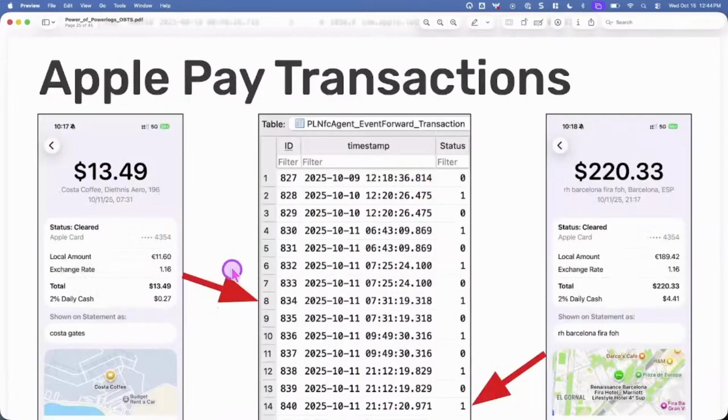All right, transactions. When you're traveling, and for some reason, I forgot my wallet on this trip. Turns out you don't really need it. I pay for everything with the Apple Wallet. So these are some of my recent transactions. Now, you're not going to see where I purchased it. You're not going to see how much I purchased it for.